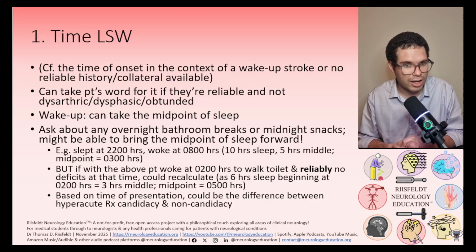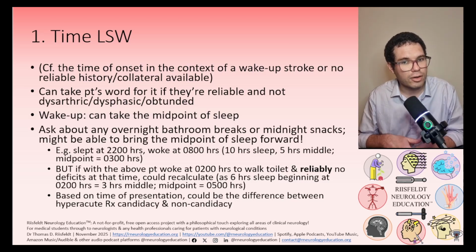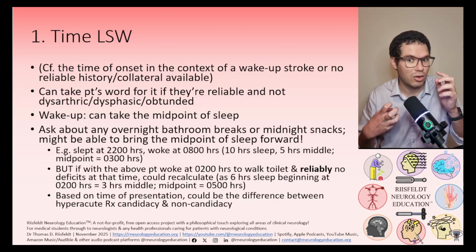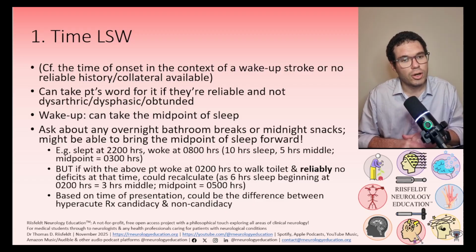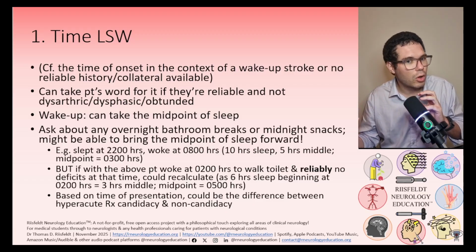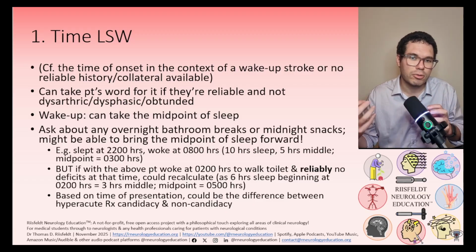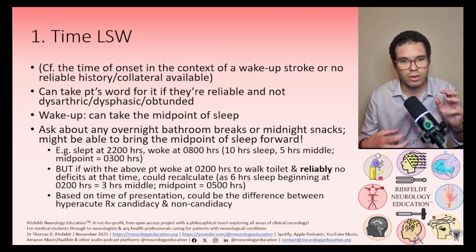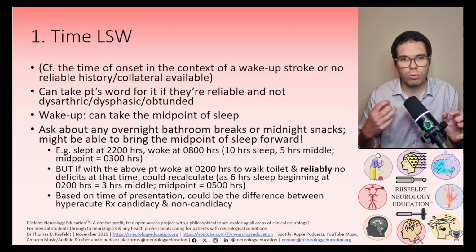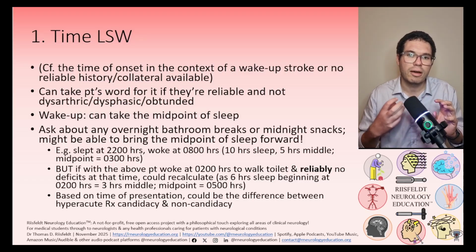So if the patient is just unable to communicate and there was no witness at the time that the symptom onset actually occurred, or in the context of a wake-up stroke. So in these contexts, whenever the symptoms actually began may not actually be the same time as the time last seen well. So if you can't take the patient's word for what they're describing because they're unreliable by virtue of being confused or obtunded or dysarthric or dysphasic, or if they've woken up, then you have to take the time